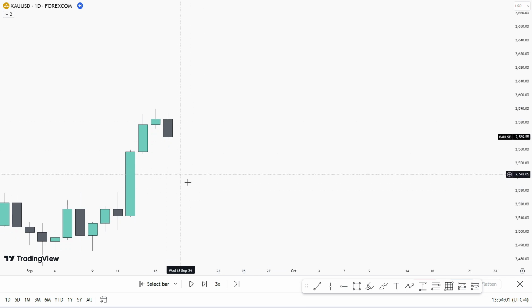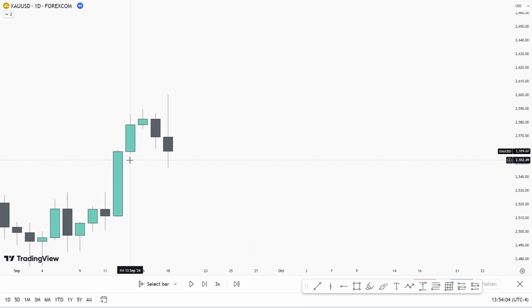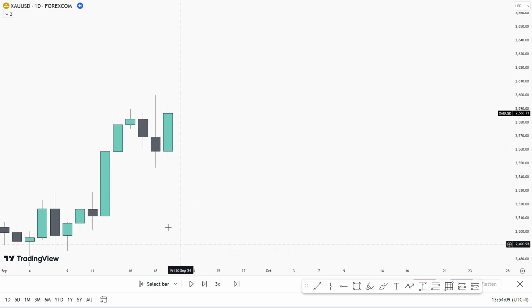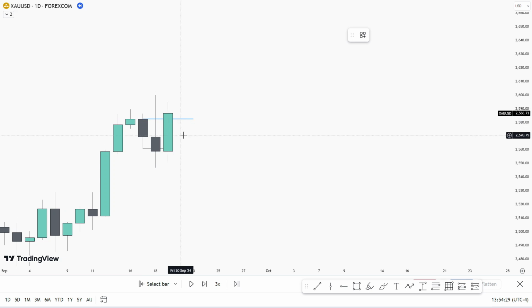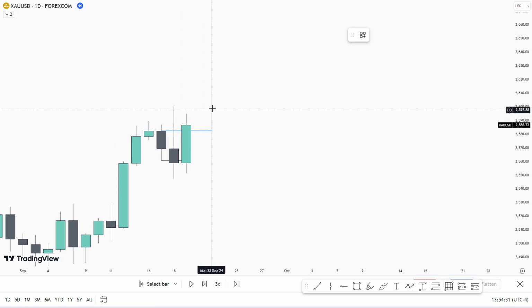We are retracing, we reach into the daily fair value gap, and we do not have that candle 2 closure inside the range. Instead, it closes below the first candle, but on the next candle we closed above this series of downfall candles, so it is likely showing the bullish order flow. So from this point I could trade to the upside, and this low will be a protected low because it is an order block low,